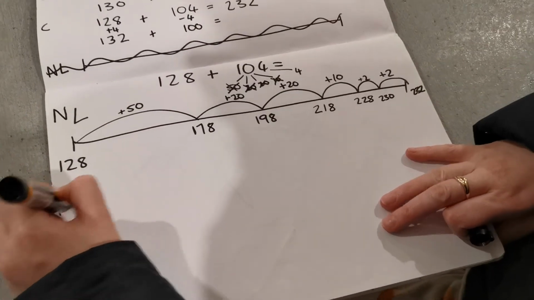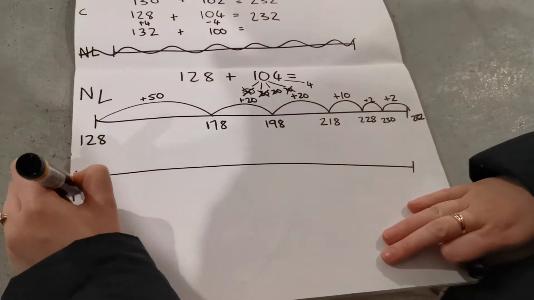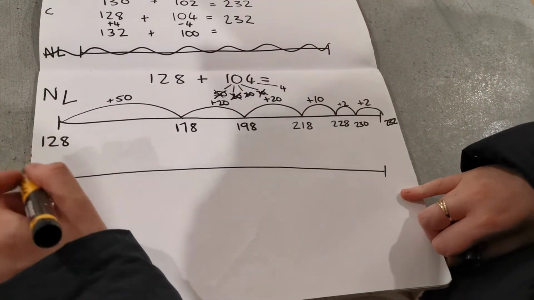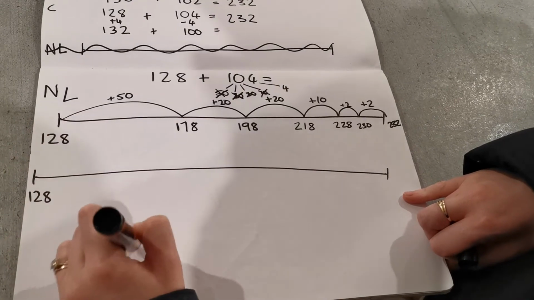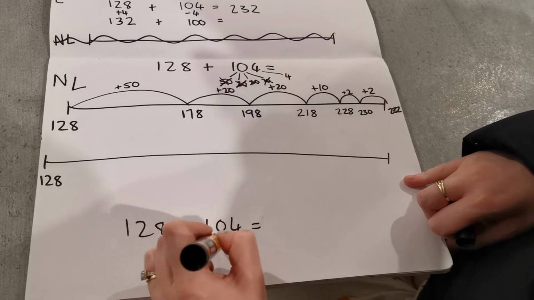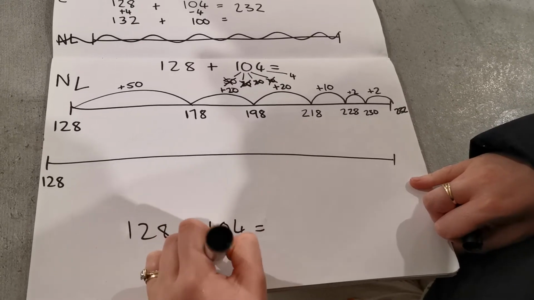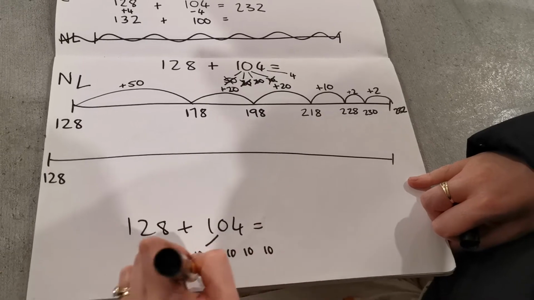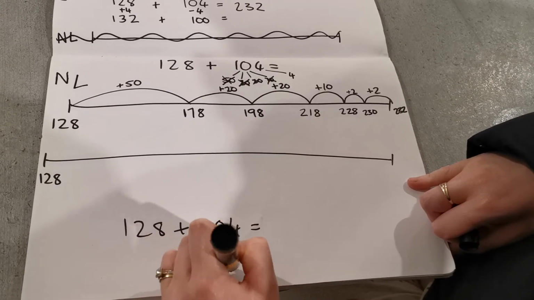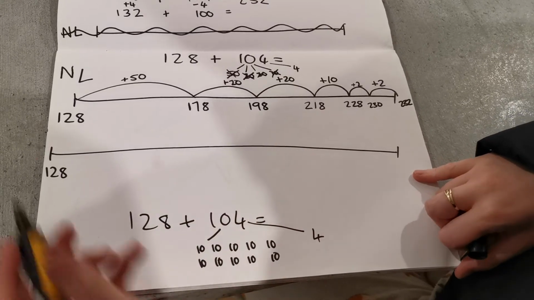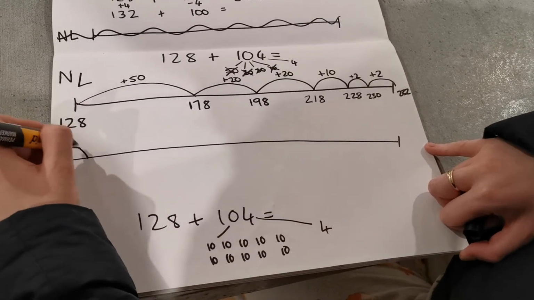I could have gone 128 and then added lots of 10. So we've got 128 plus 104, and I can break that 100 into 10, 10, 10, 10, 10, 10, 10, 10, 10, 10, and then 4, but it's lots of jumps, but we could give it a go. We could jump 10,